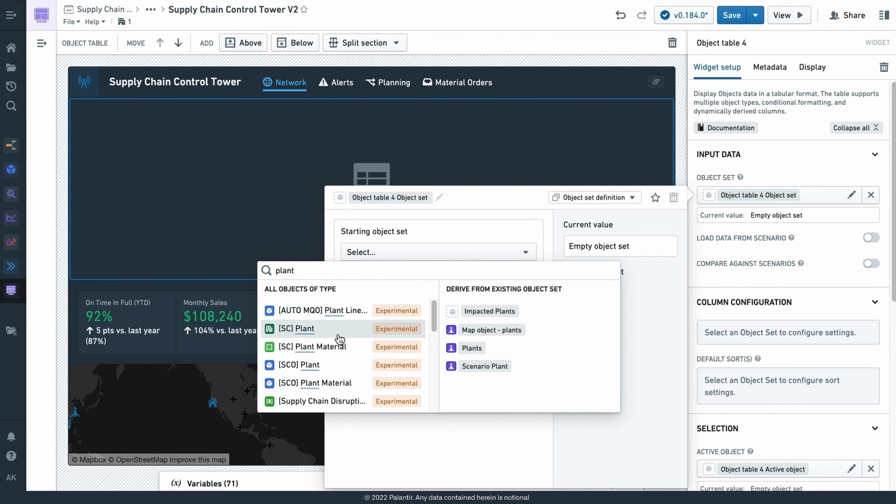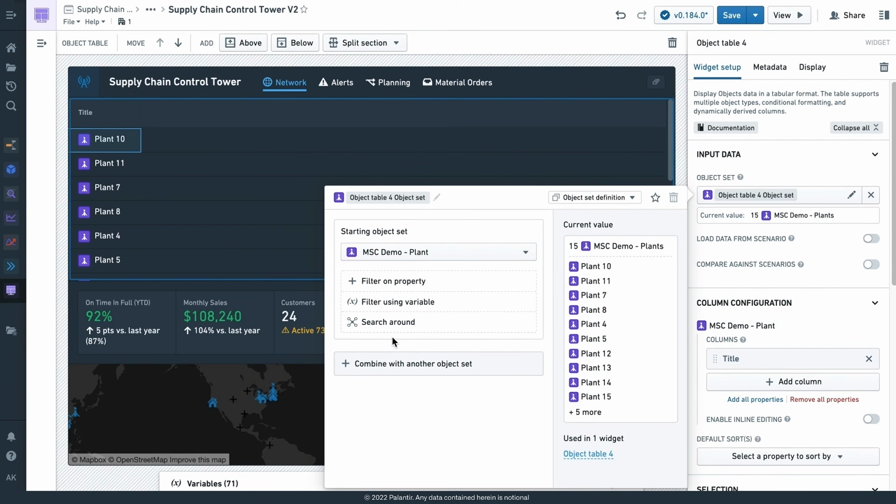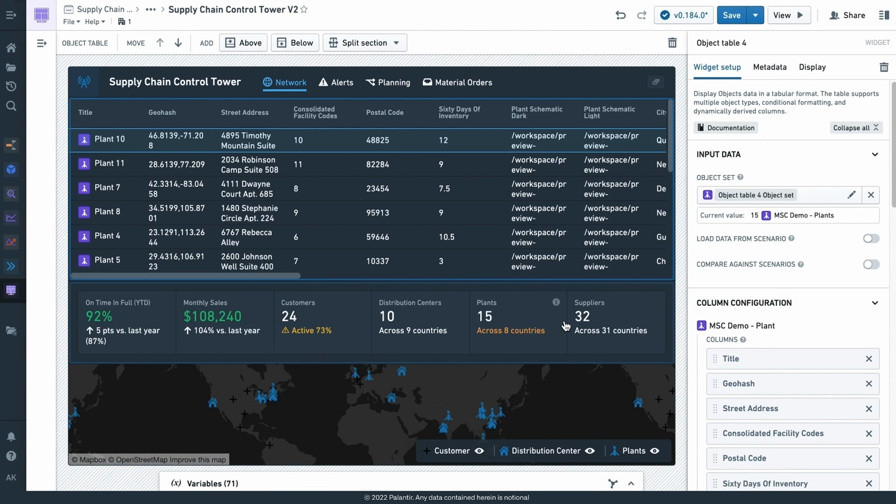And so here I'll type in our MSC plant in this case, and it will now pull in all that data in a way that is aware of who I am and my security profile. I can add all the properties here, and just like that, I've added a new widget. In the same way that I can add in data, I can add in those actions as well. And what this means is, as an application developer, I no longer have to think about the full stack of considerations myself every time I want to deploy a new operational workflow or application.